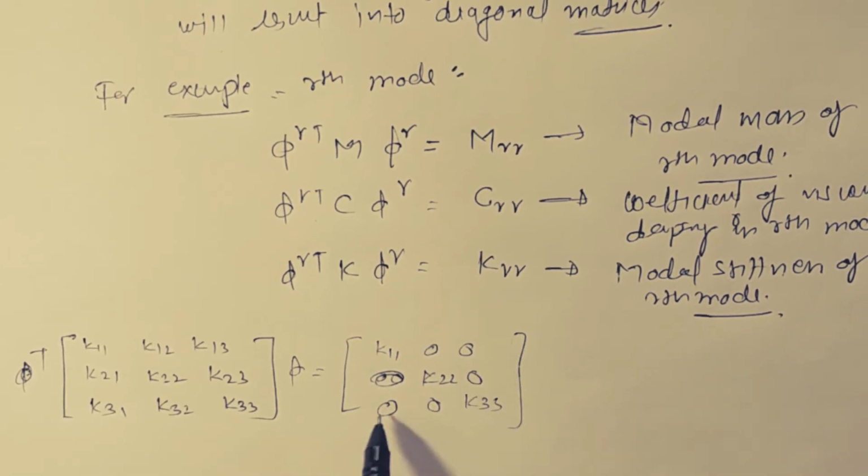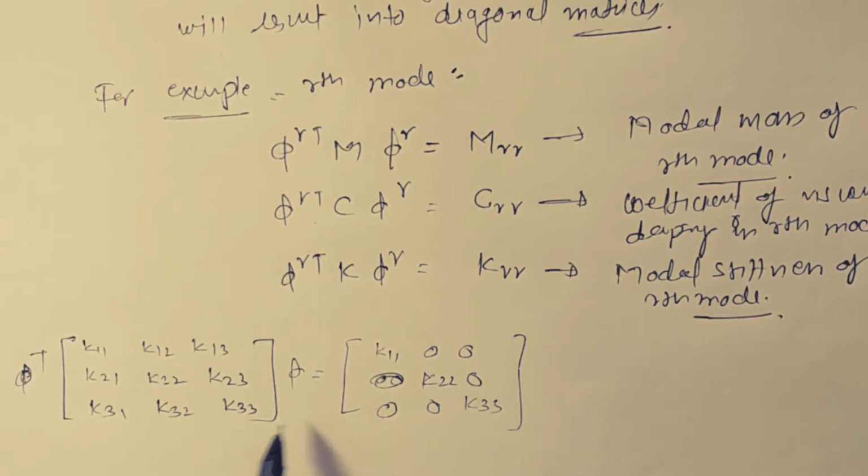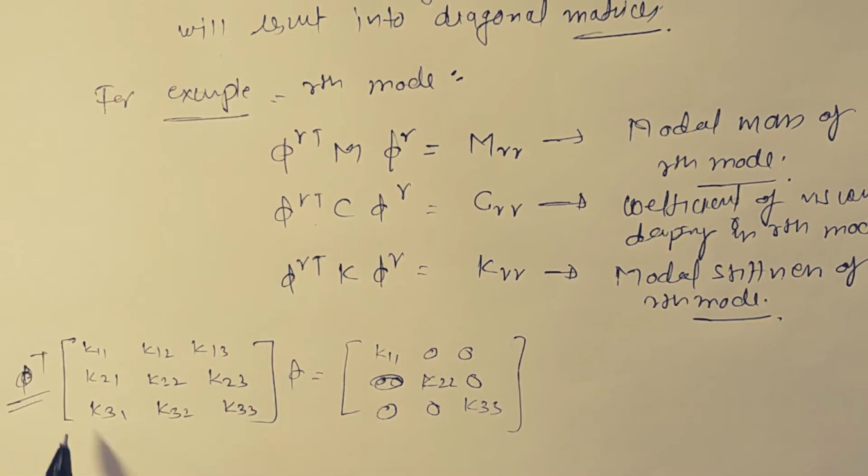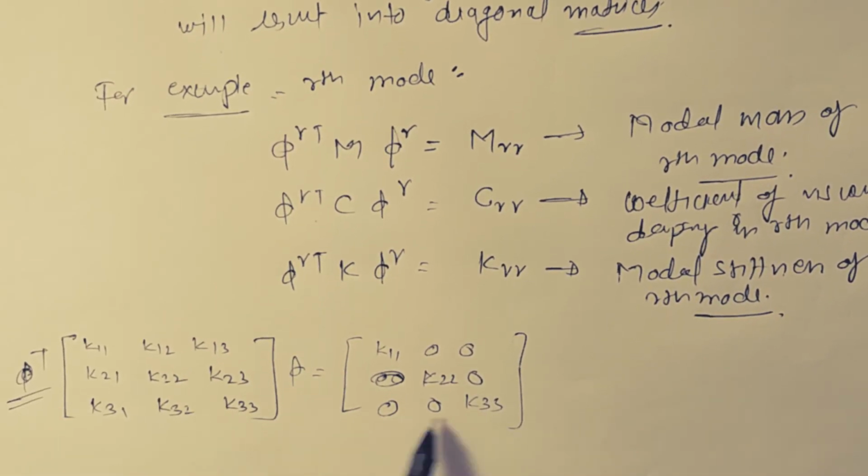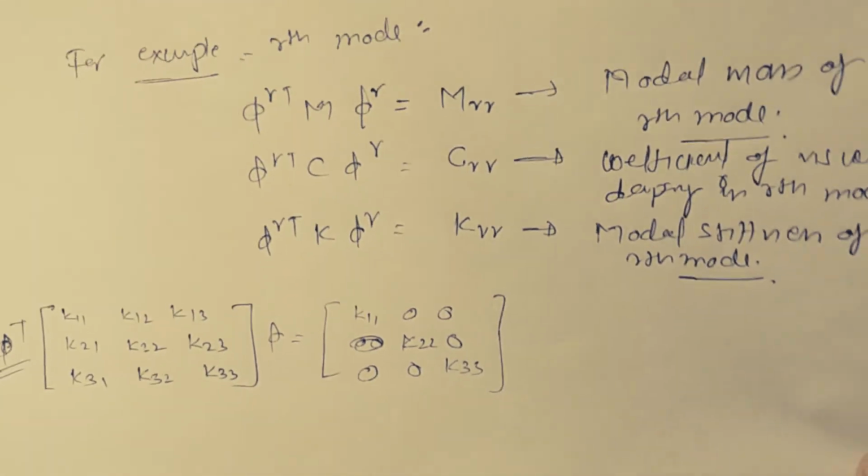All the off-diagonal components become 0. So this is the property of the modal matrix, and this property is known as orthogonality of the mode